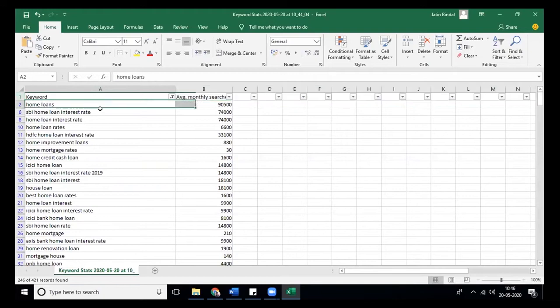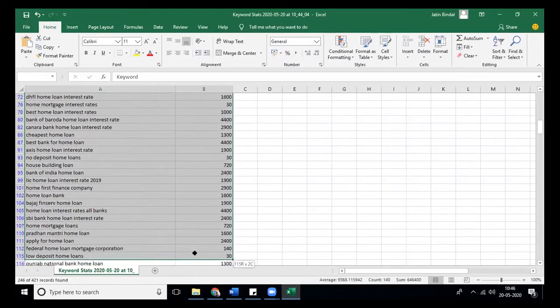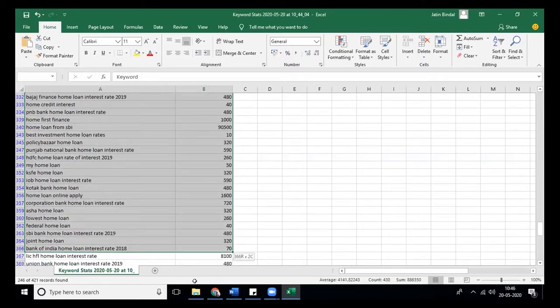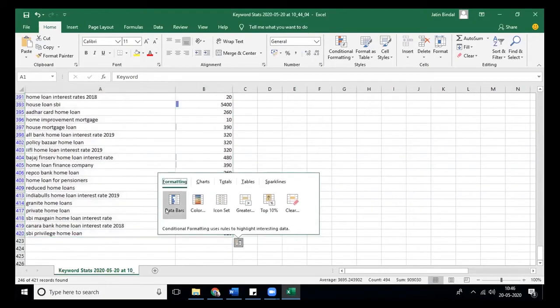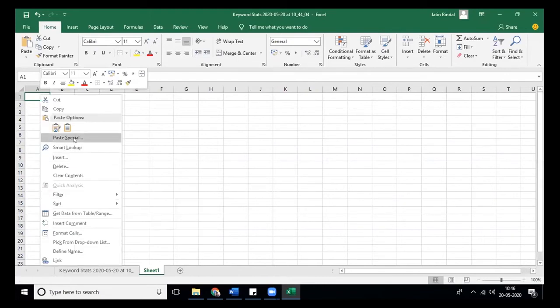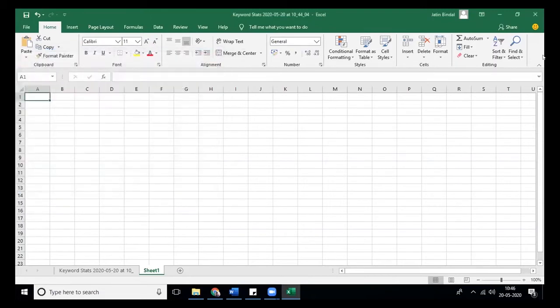So what we will do is copy these keywords in another sheet. Give me a second. This is primarily to identify and remove irrelevant keywords. Okay, I copied it. Now don't paste it directly, use paste special.